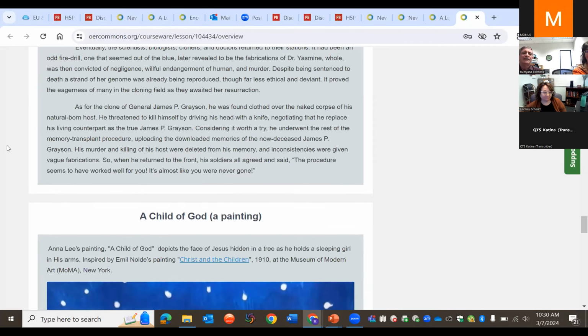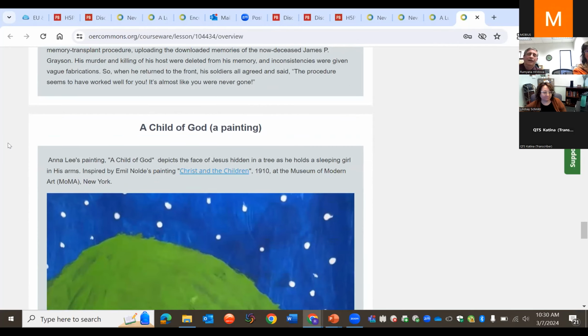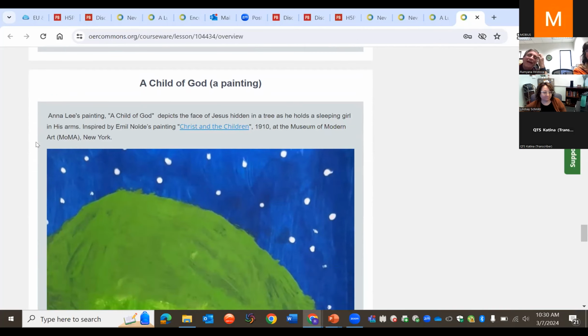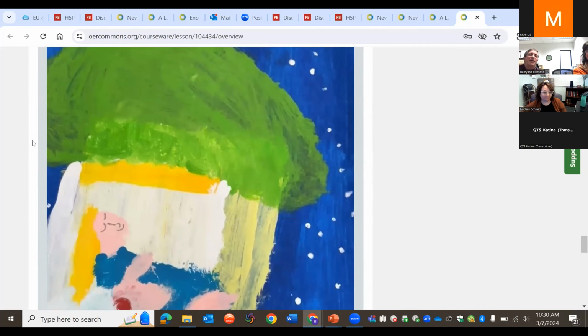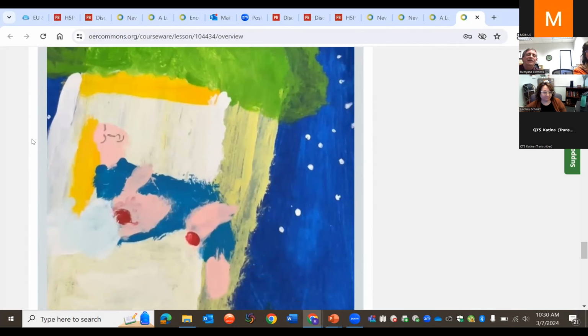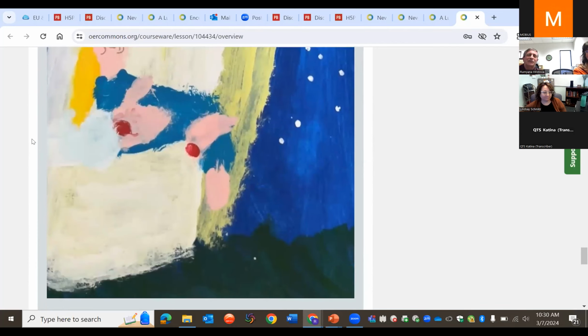And then we got on the topic of the face of God, and we studied a painting by Emil Nolde, the German painter, Christ and the Children. It's one of the only paintings of Christ in the world of art that doesn't show his face. And so we had a discussion about the face of God, and one of the students painted a painting. I didn't assign it to her. She just voluntarily made this painting of a little girl sleeping and in Jesus's arms while she's asleep.